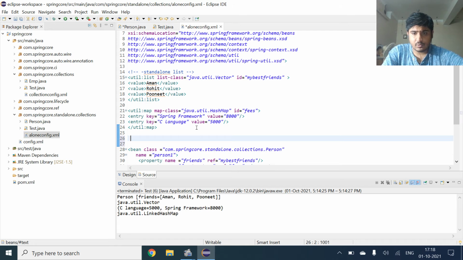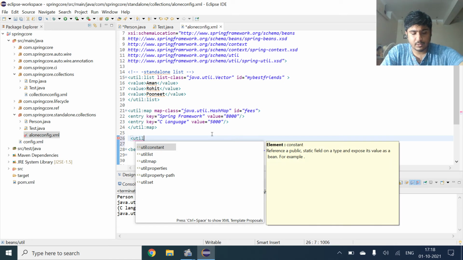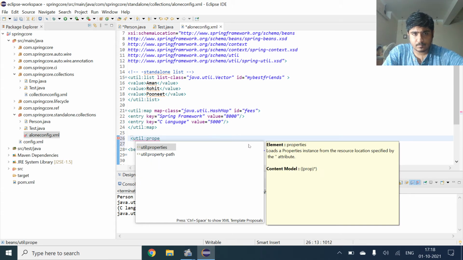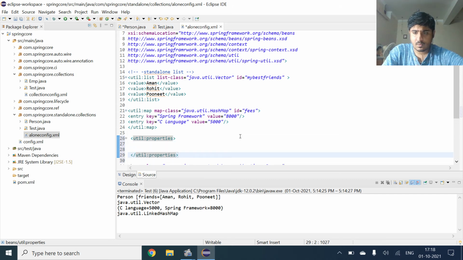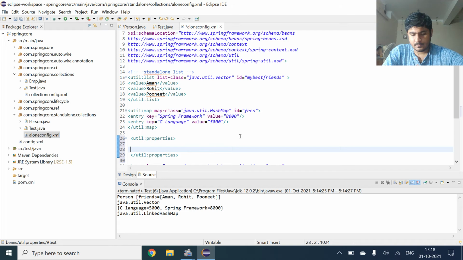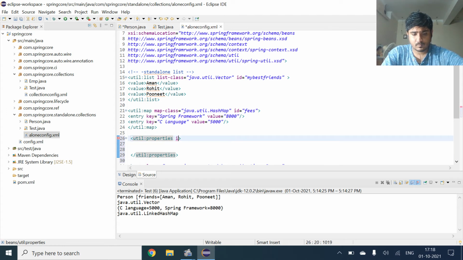Here onwards I'm giving standalone properties. We don't have to create a class in standalone properties. We'll just give db config, database config.